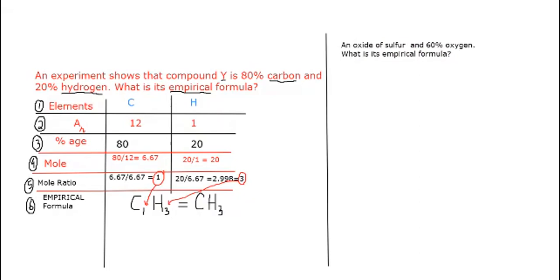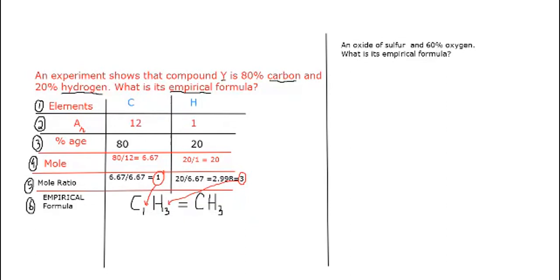First of all, an oxide of sulfur and 60% oxygen are found in an oxide of sulfur. It means there is a compound which is called an oxide. In our chapter of acids, bases, and salts, we have understood the term oxide. Oxides are substances which keep oxygen as a complementary part, and the other element might be metal or non-metal. It's understood. There is an oxide which keeps two elements: one is sulfur and the other one is oxygen.